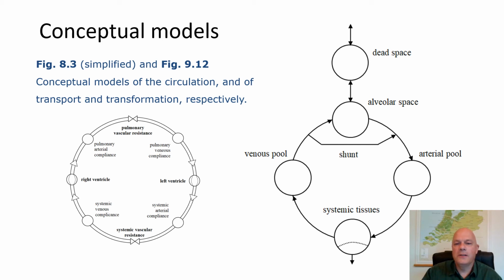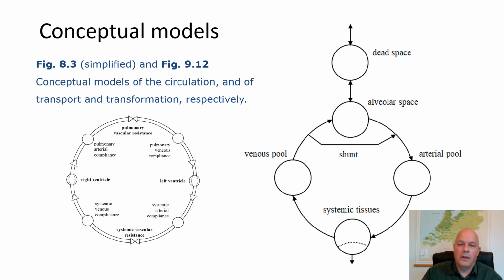Now, one of the other blocks in the overall block diagram is respiratory gas transport. And you can see there's a resemblance between the diagrams on the left and the right. The ventilation here is not included, but the circulation is. So the circles in both diagrams represent a link between the circulation and respiratory gas transport. And if I take, for example,